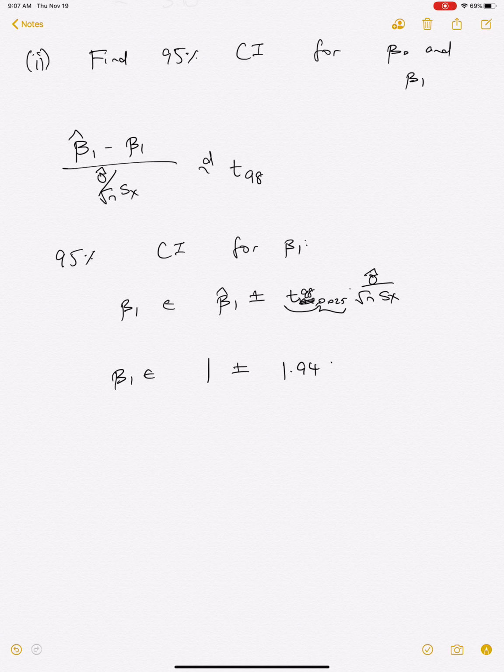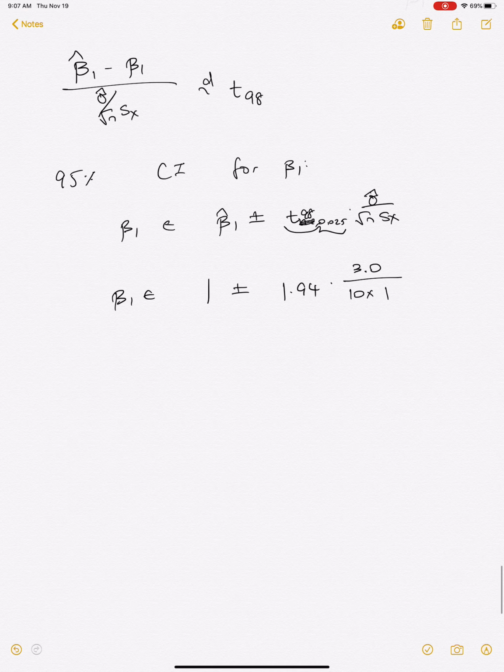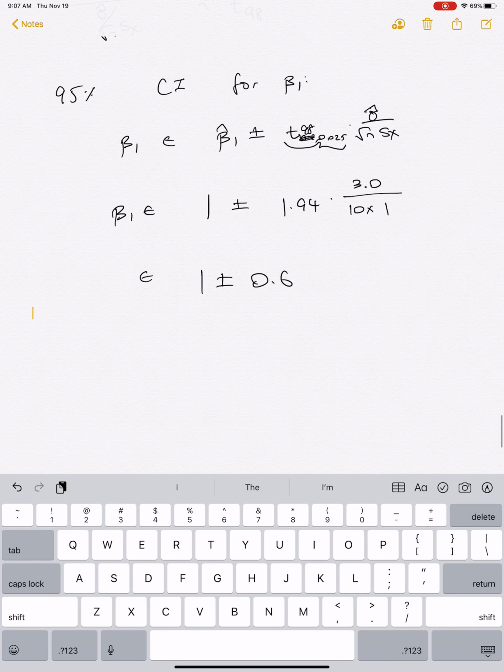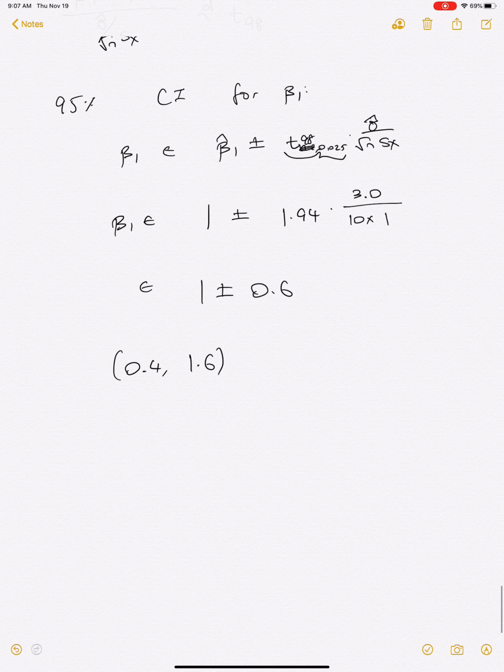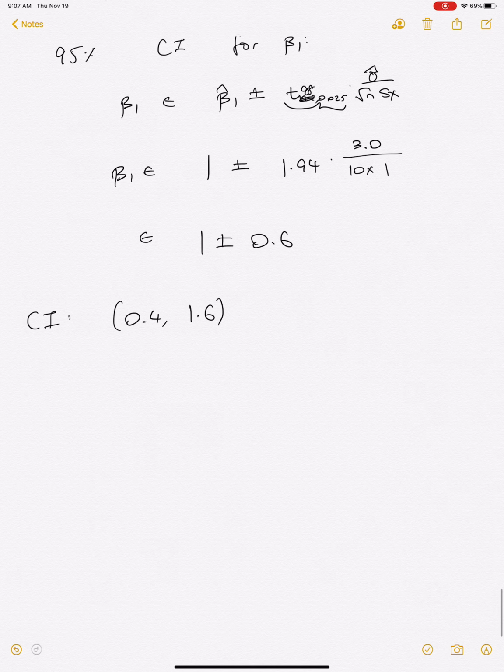And then we have 3.0 divided by 10, which is the square root of 100, and then times sx, which is 1. And so you're going to get 1 plus or minus about 0.6 as our 95% confidence interval. So you're just going to get a confidence interval of about 0.4 and then 1.6 as our confidence interval. Okay, and then